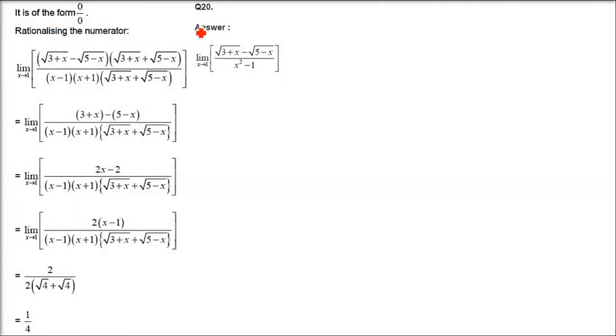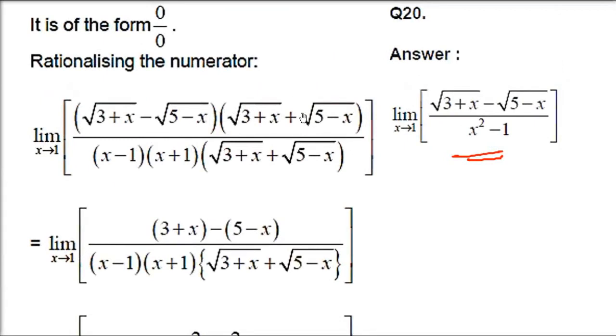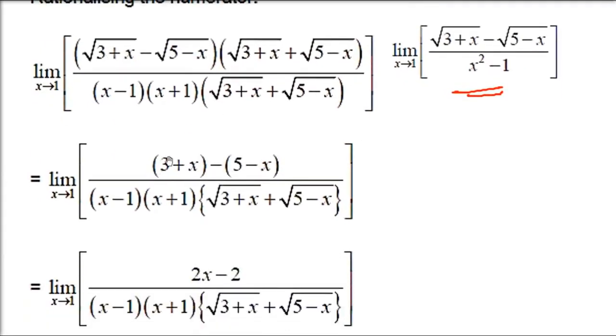Question number 20. So this is 20, limit x tends to 1. And then we have under root 3 plus x minus under root 5 minus x by x square minus 1. So in this, see, the rationalization factor you have to use. But x minus 1, x plus 1, I am writing it for x square minus 1, because we know x tends to 1, so x minus 1 is going to be cancelled. So in the numerator, x minus 1 is for sure going to come. So I am applying a plus b, a minus b, because you know how to do this rationalization factor.